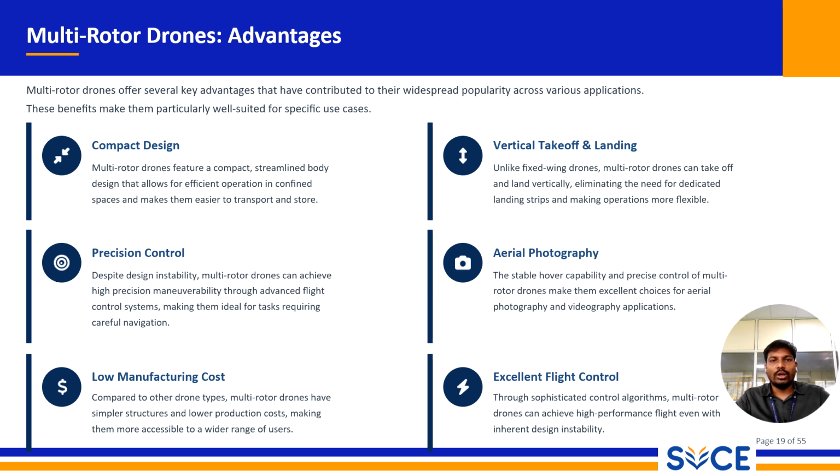Furthermore, their compact nature allows them to fly in confined spaces where fixed-wing drones could never go, such as indoors, under a bridge, or through a narrow urban canyon. This is coupled with a relatively low manufacturing cost compared to the complex aerodynamic surfaces and structure of a fixed wing. A multi-rotor frame is much simpler to